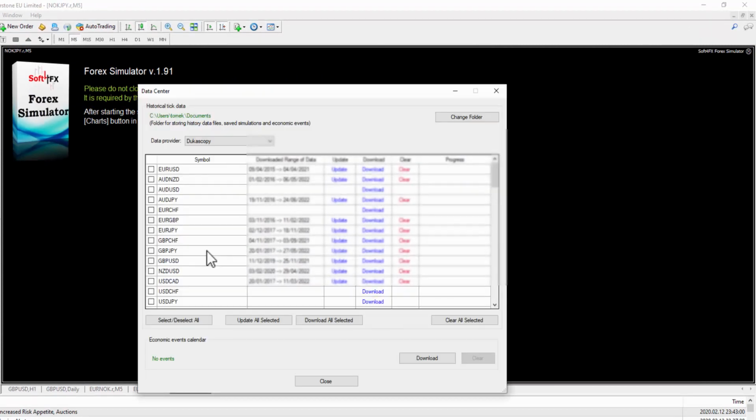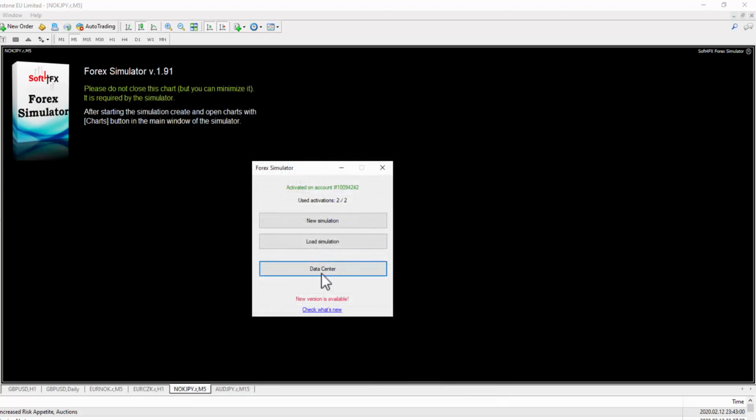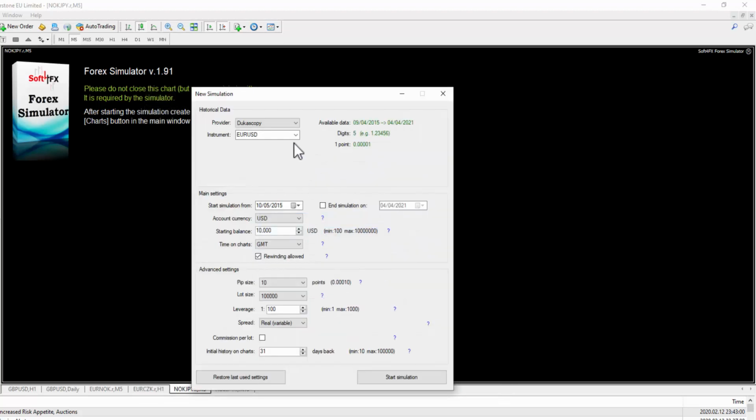I'll check if my data is up to date. Now I'm going to be using the Euro AUD. Yep, that's fine. And I'm creating a new simulation. So I'll select the Euro AUD, select the time frame for